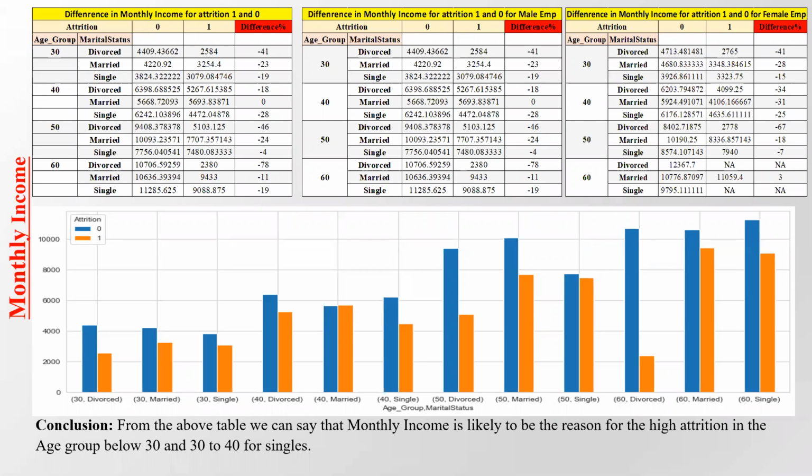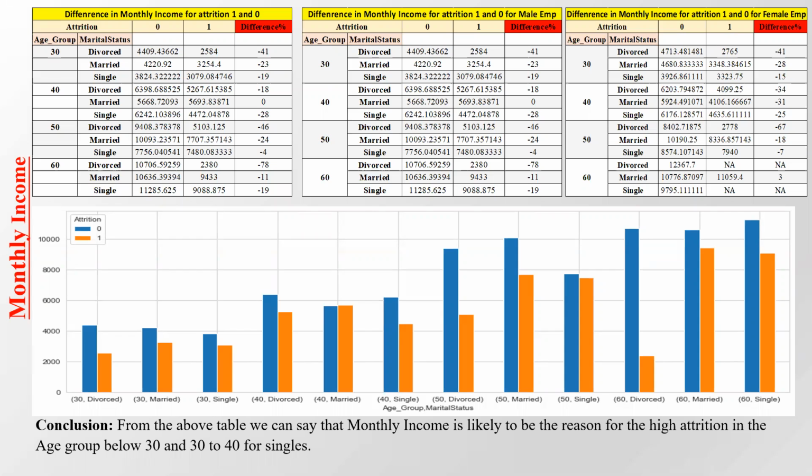In this, we have compared the monthly income on the basis of age groups and their marital status. So we have seen that monthly income is one of the major reasons. As you can see, for under 30 single, the monthly income difference is 19% between 0 and 1 attrition, and for female that is 15%. But if you see 30 married female, there is a major difference of 28%. So you can see that monthly income is likely to be one of the reasons for the attrition,